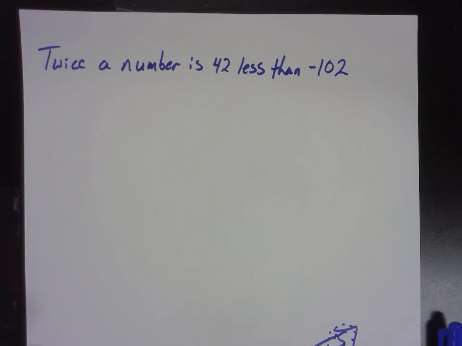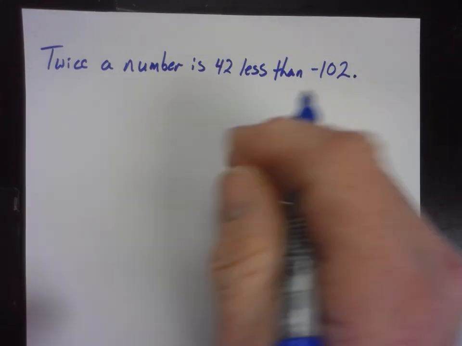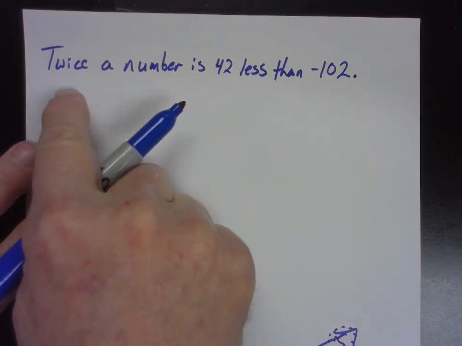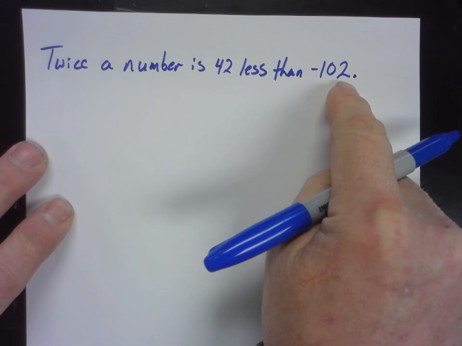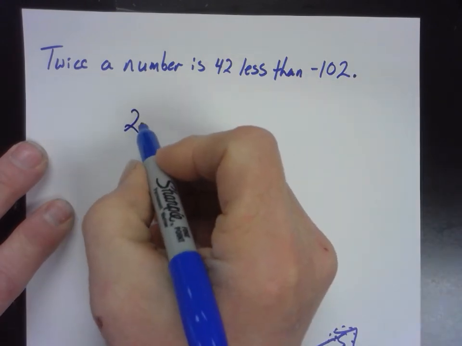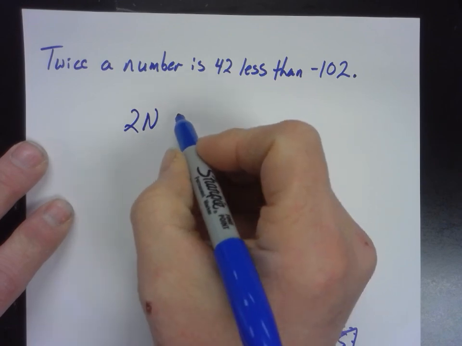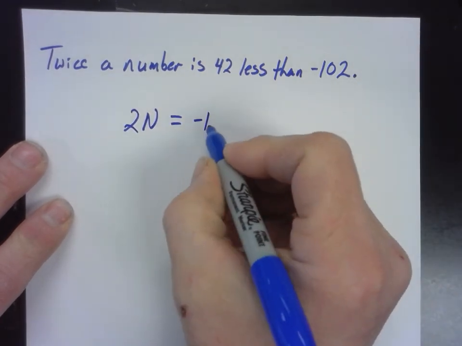We've never been given an equation that we had to write out and solve that it didn't tell us the two sides were equal. It doesn't say twice the number is negative 102. It would be nice if it did. Twice the number. You guys good with that? What does "is" mean? Equals. Okay. If it said this,